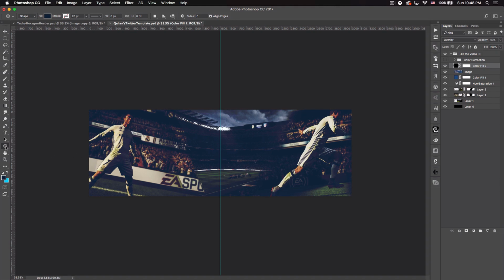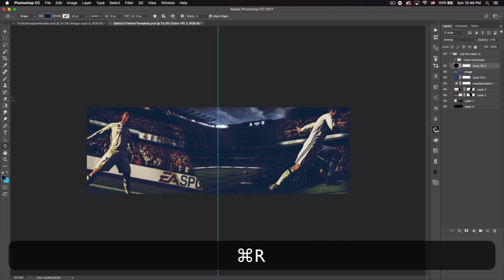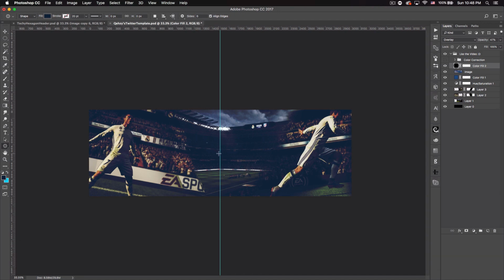And the hexagon is over here at the rectangle tool. You want to select polygon, 6 sides. And I'm going to click in the middle here. I have a guide that you can pull up with the rulers, which is Command R, and you can just drag that on. And we're going to go ahead, click in the middle,